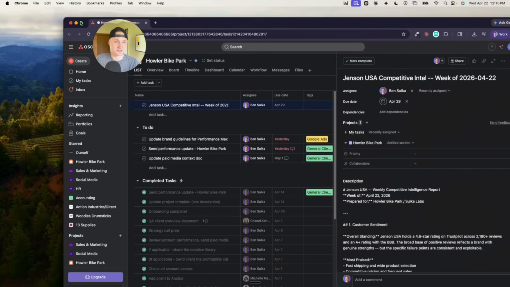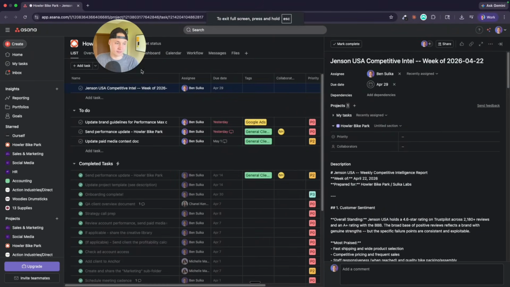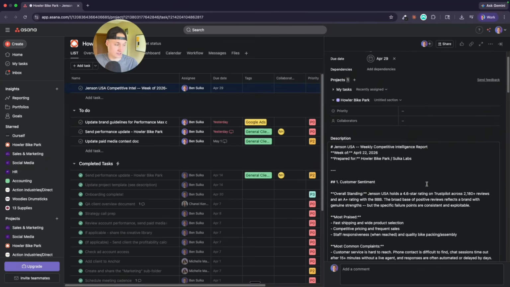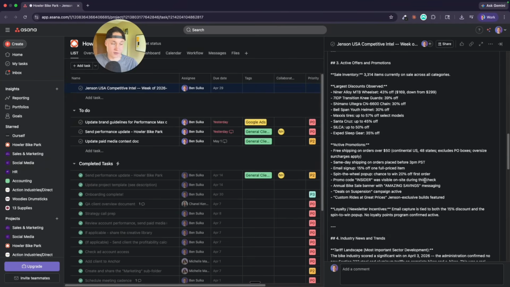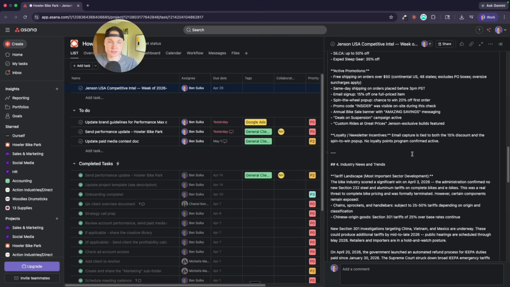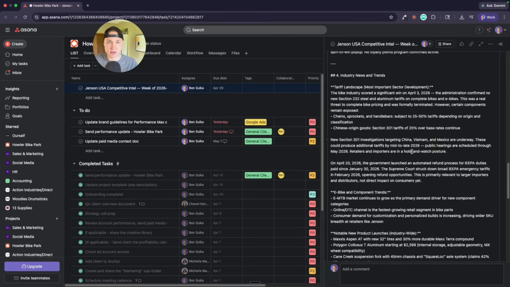All right, I'm just going to drag this over. Here's what Claude outputted for me. This is inside of our Asana. So it basically did this research, created a task for me inside of the Asana project for this client, and put the entire report in here. It's formatted a little bit weirdly because it's an AI output, and I could probably adjust the prompt instructions, but